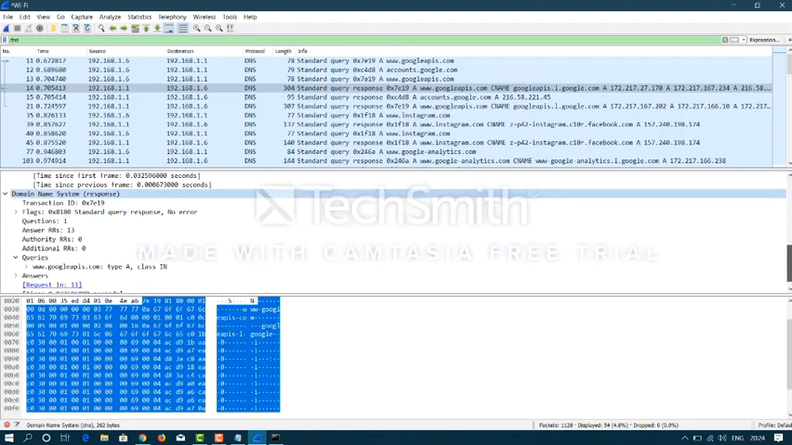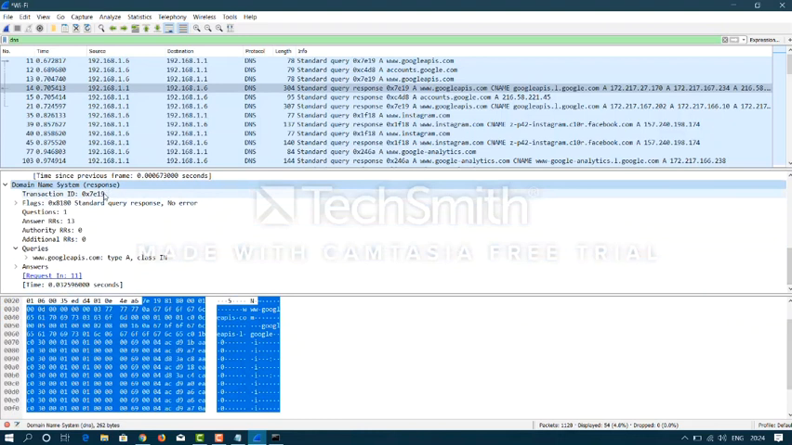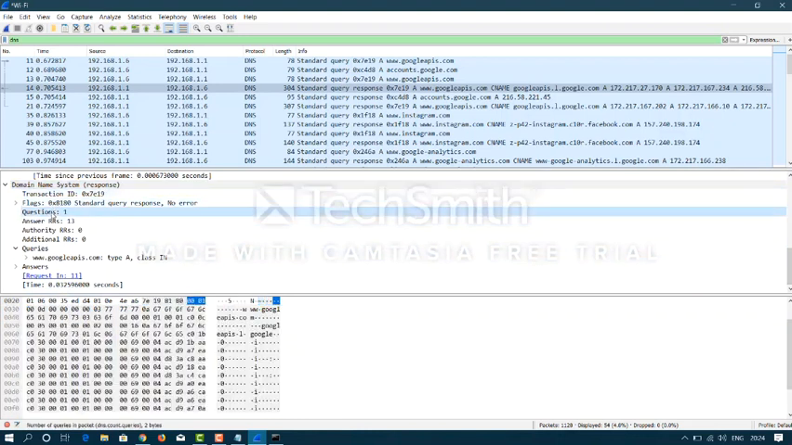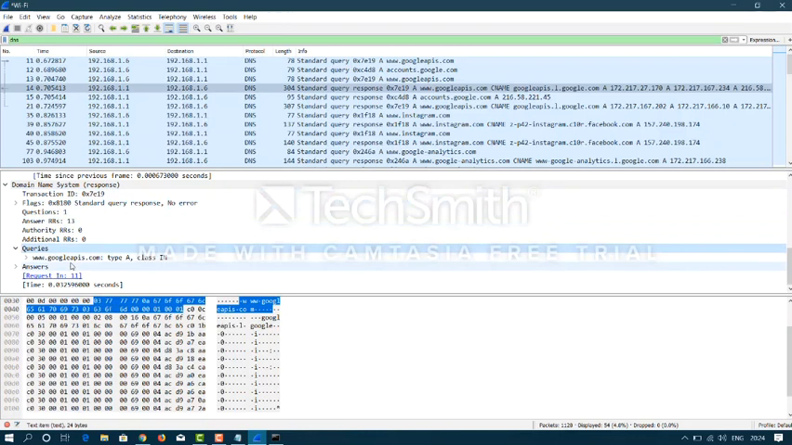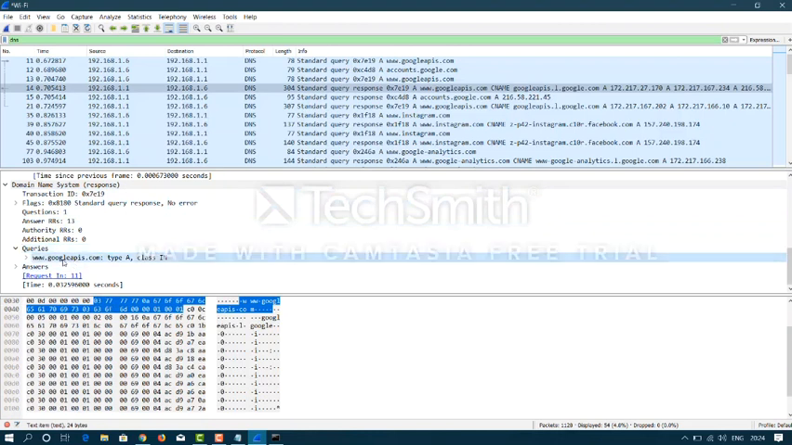And now we come to DNS, the Domain Name System. You can see the transaction ID, the flags, the questions and the answers, and the queries. We have used www.google.com, so we have used this domain address, the google.com website, which is of type A. Obviously it is a standard query, and this is the class of the